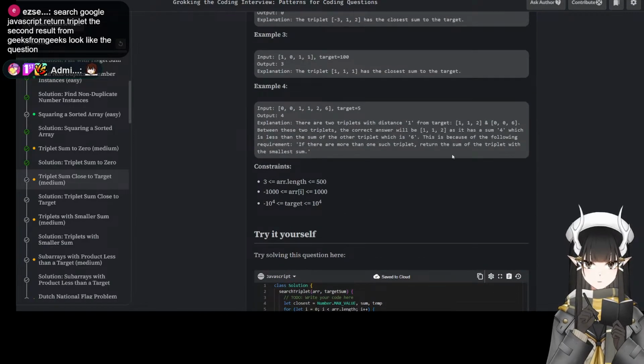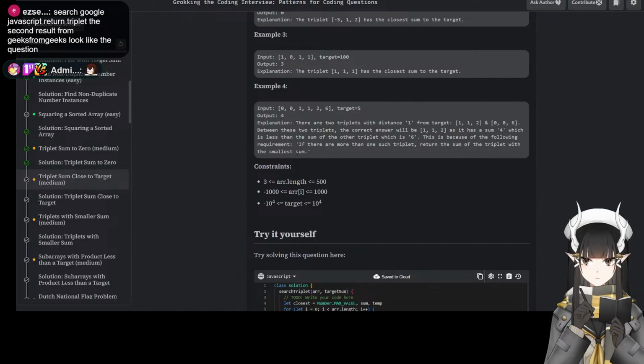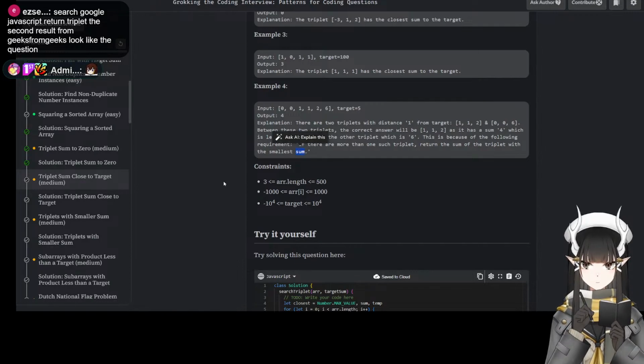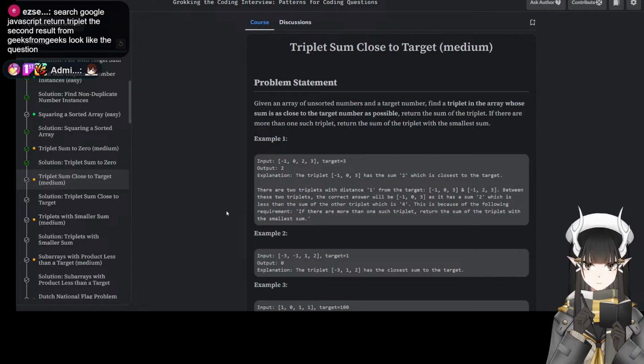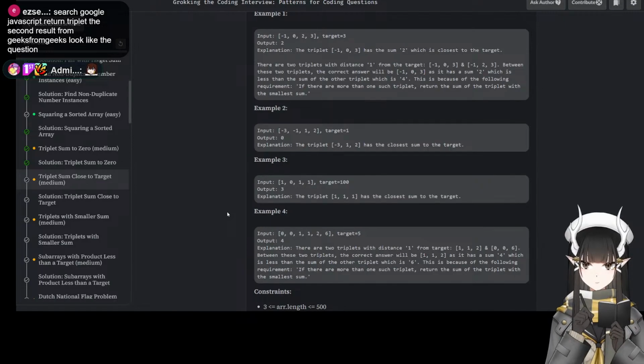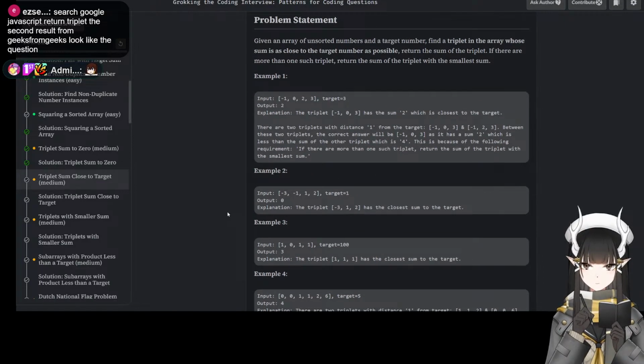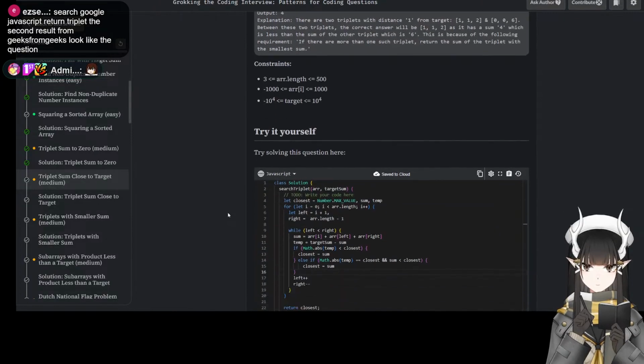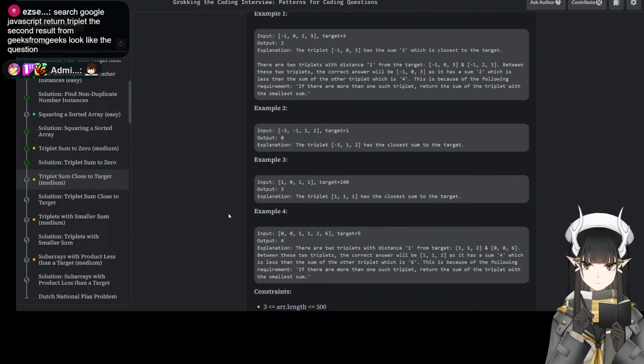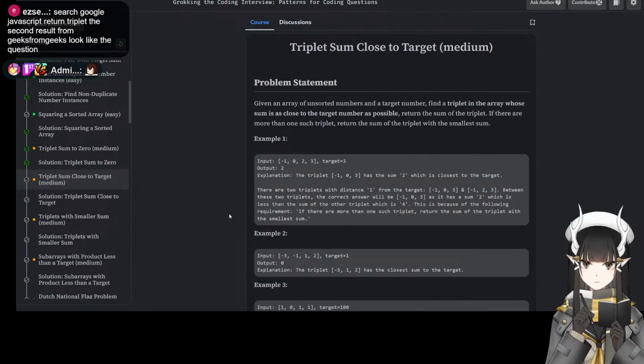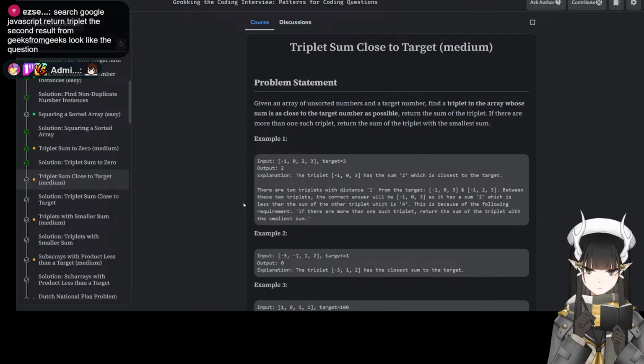You want to return the triplet with smaller sum.